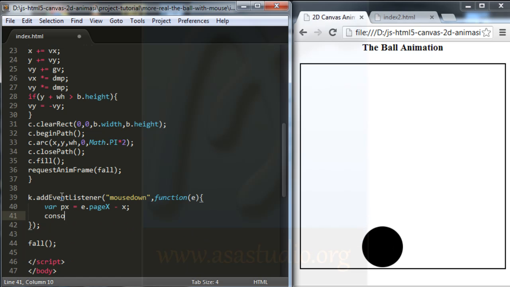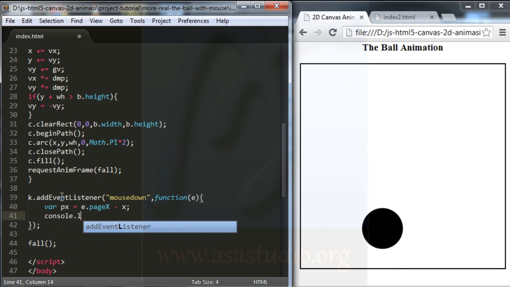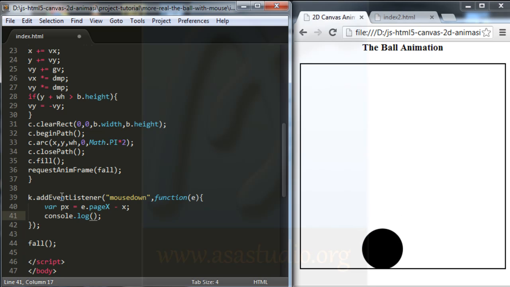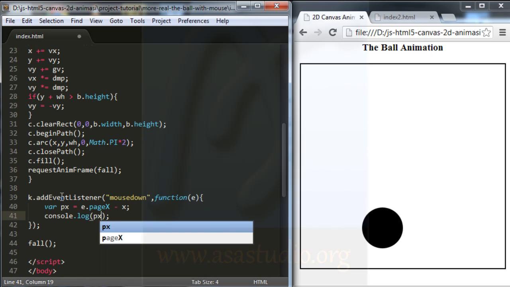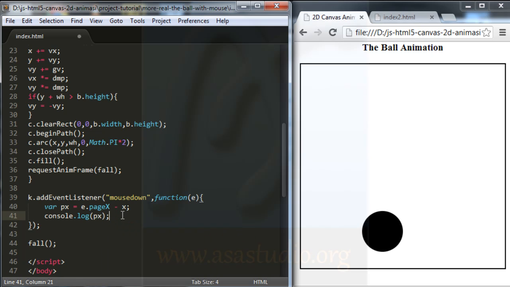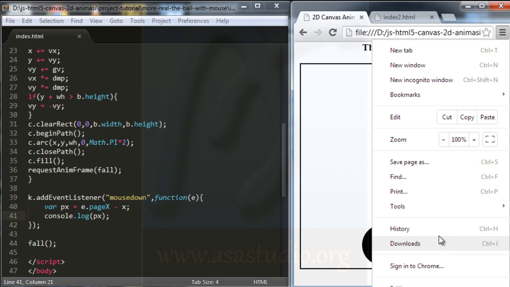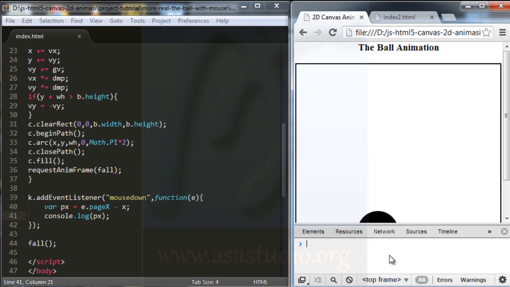Okay, now I check on the console. I type console.log, opening and closing, and in double quotes I type px, and I save. I reload my page and open the JavaScript console, and I reload.